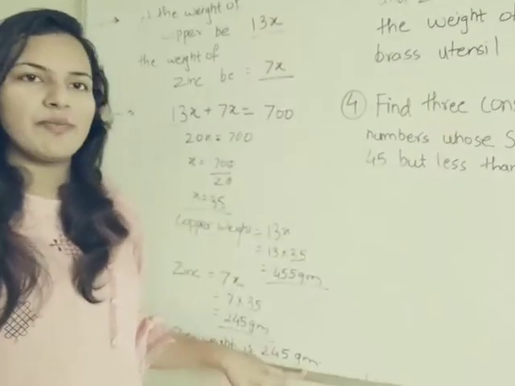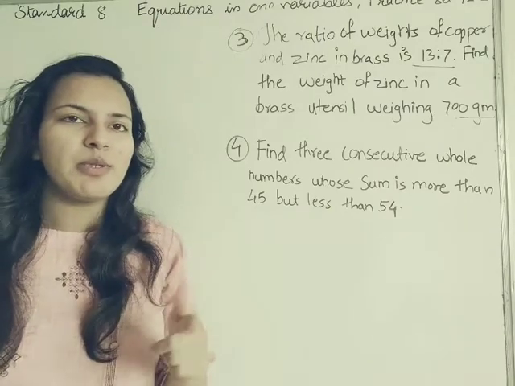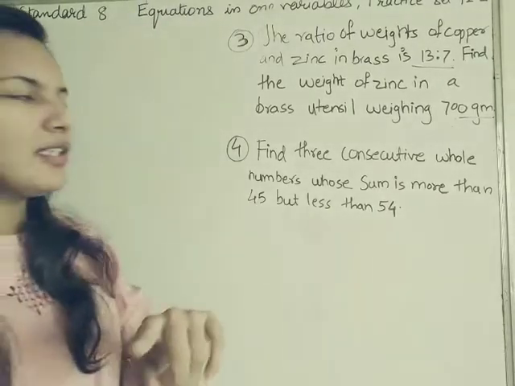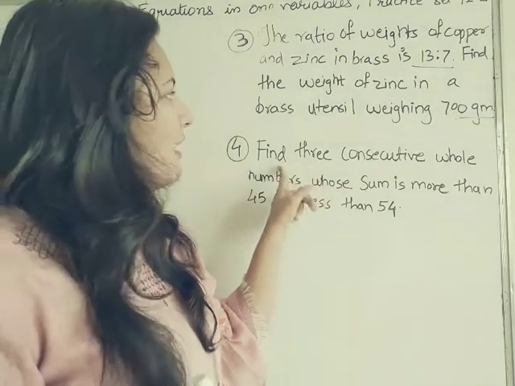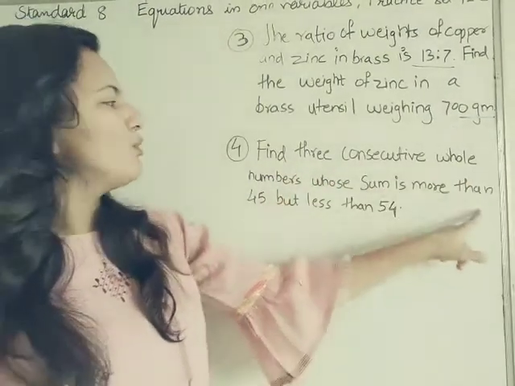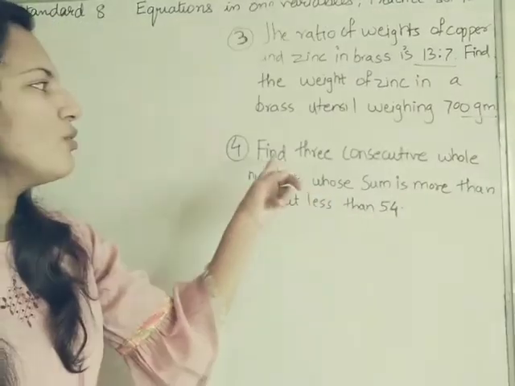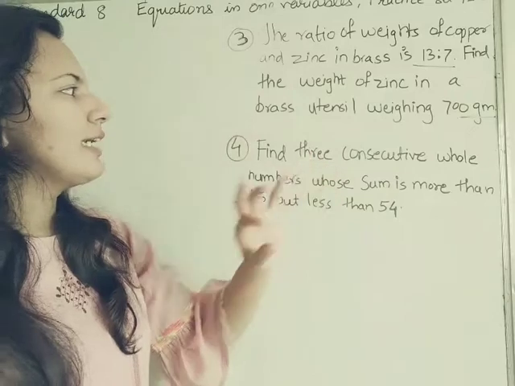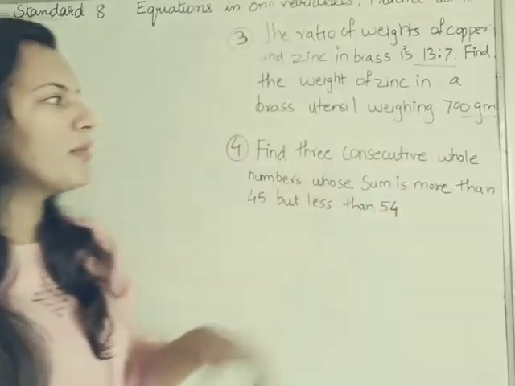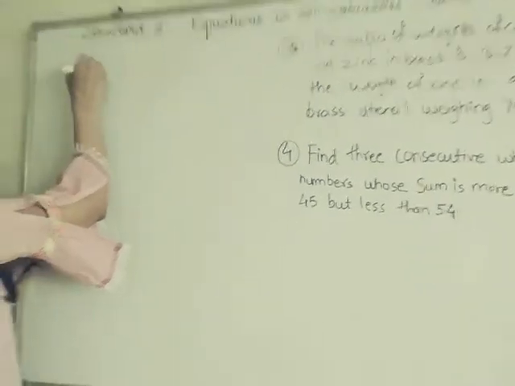It's just unit. Okay, so let's begin with the next problem, the fourth problem. I'll read out the problem. Find three consecutive whole numbers whose sum is more than 45 but less than 54. So first we need to get three consecutive whole numbers. So three consecutive whole numbers would be